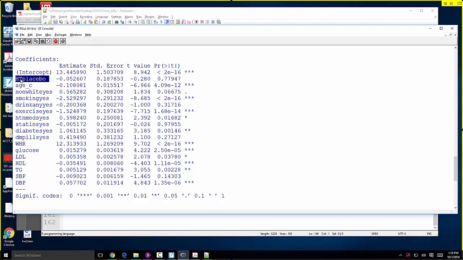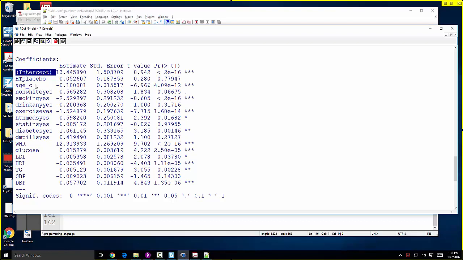The variable name was just HT. In our data set, it's just capital HT. In the output, it says HT placebo. That means R represents HT as either hormone therapy or placebo. And the fact that it says HT placebo here means this coefficient is for placebo, which means the intercept in this case is treatment. You can also tell, you know that R will treat the lowest alphanumeric level as